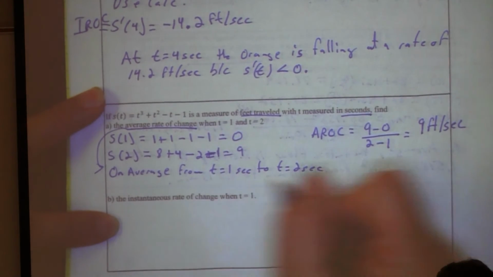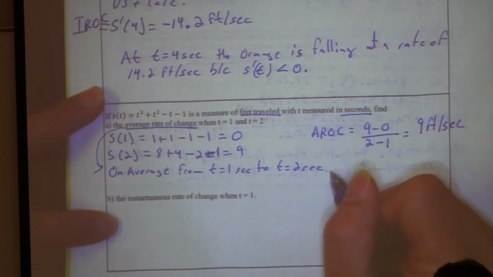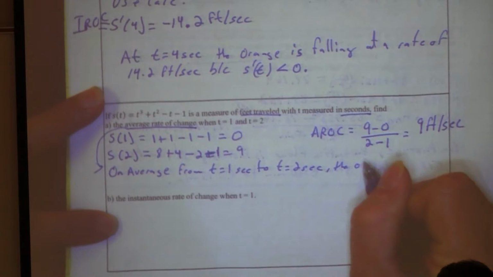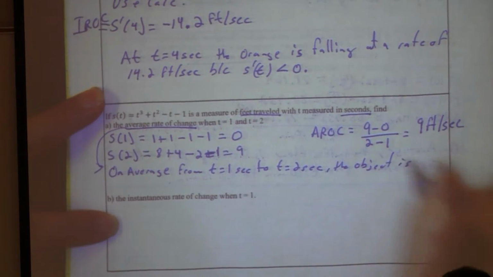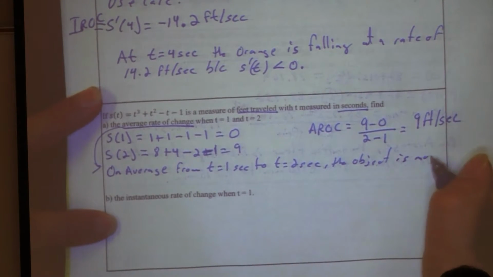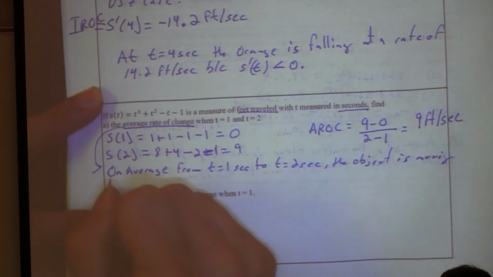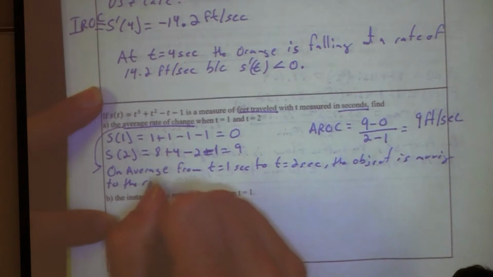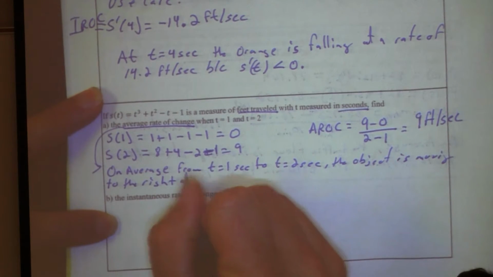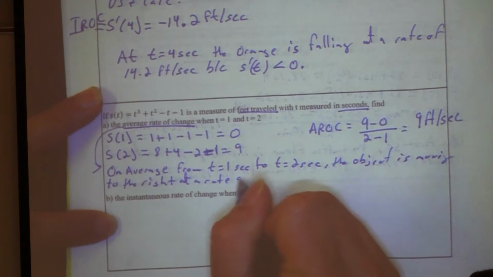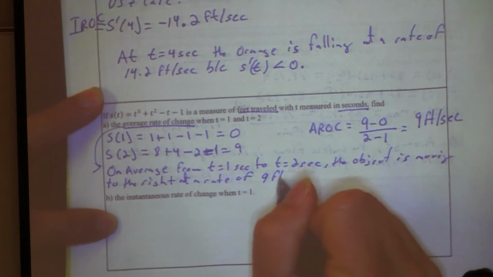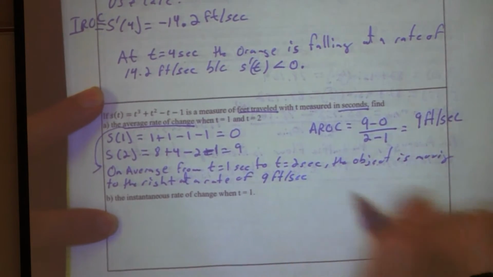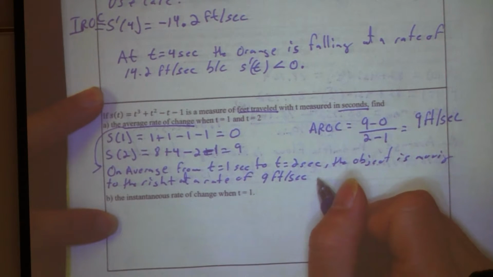So on average, from T equals 1 to T equals 2 seconds, the object is moving to the right at a rate of 9 feet per second because